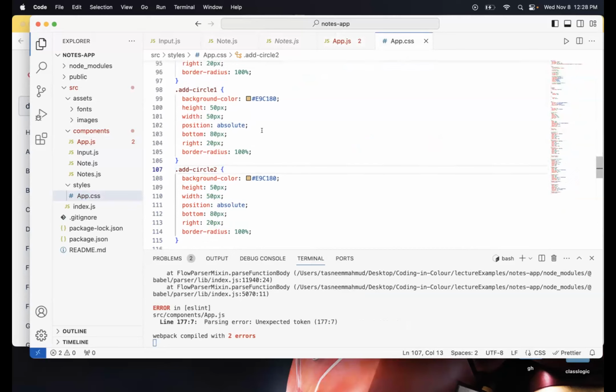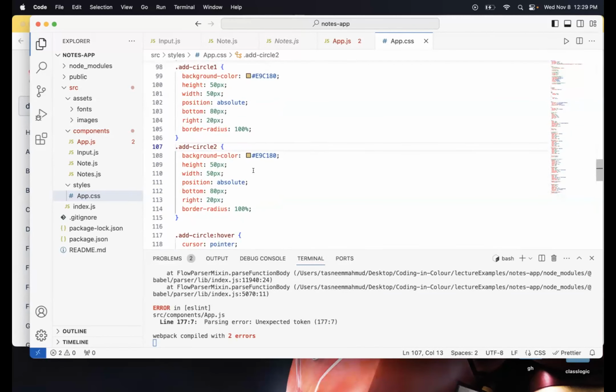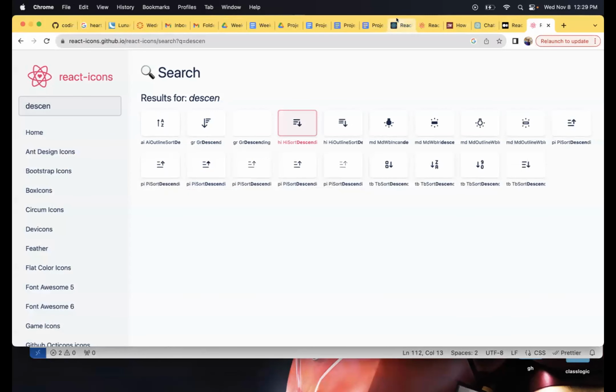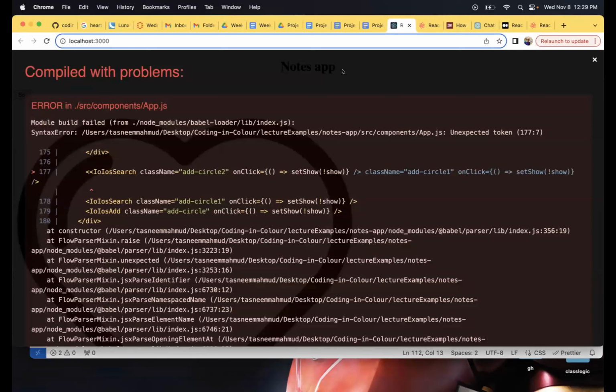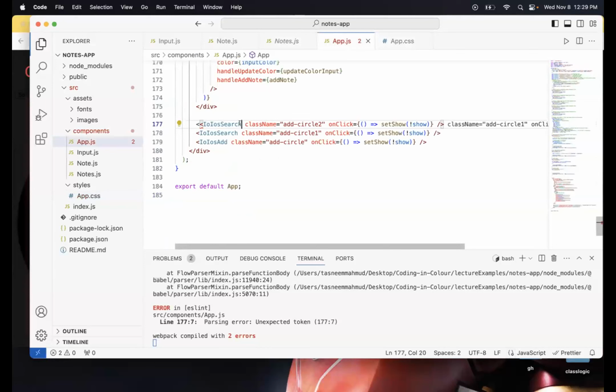So for the previous one, if you see, it was 20 pixels before. I added about 60 pixels, which is like the height of the icon itself and a 10 pixel sort of margin, you could say. So over here, I'm gonna add the same 60 to this. I'm gonna make this 140. And let's see what it is. Okay. I thought it changed that, it didn't. Oh, makes sense too.